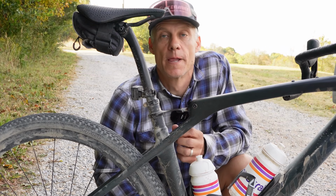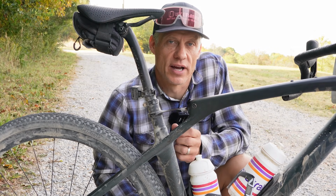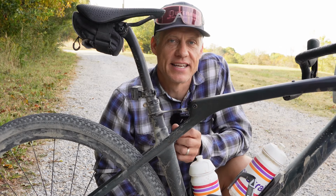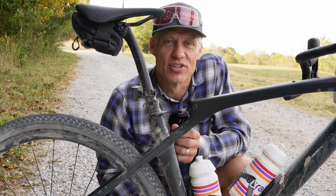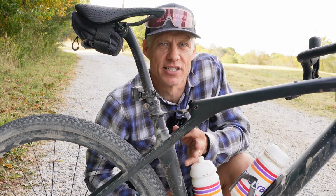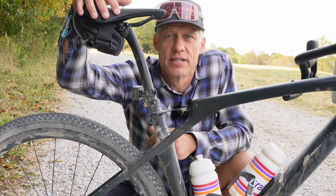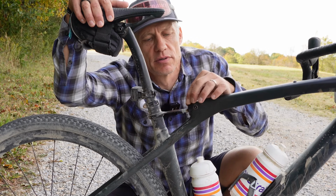So that was some movement that just felt weird to me, especially when fully open, when riding on surfaces that weren't super rough. How something feels JRA, just riding around, and how something feels in the heat of a big recreational event like Big Sugar, where there's tons of people, tons of rocks, you're having a hard time seeing, you don't know what you're feeling half the time. Those are 2 different things. So I was curious to see how this felt in the event. I was working my way up and down